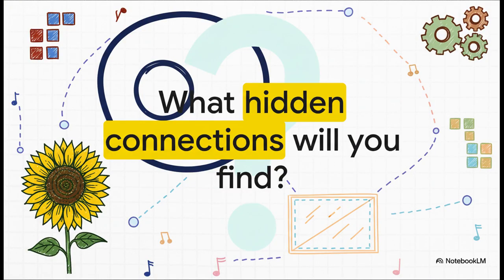So let's go back to that first question. What do your phone screen, a sunflower, and the stock market all have in common? They are all governed by the power of the ratio. Aspect ratio, the golden ratio, and yield ratios. The real question now is for you. Now that you understand this universal language of relation, what hidden connections and what new patterns will you start to see in your world?